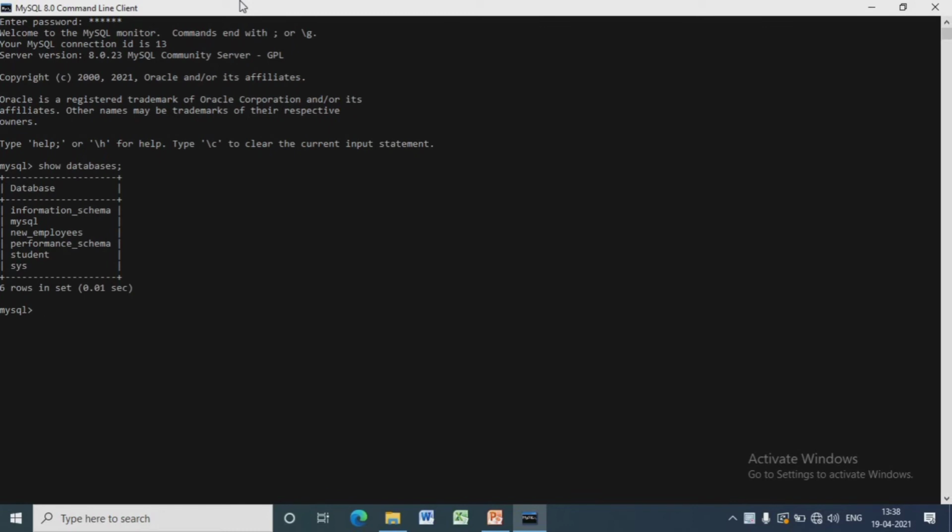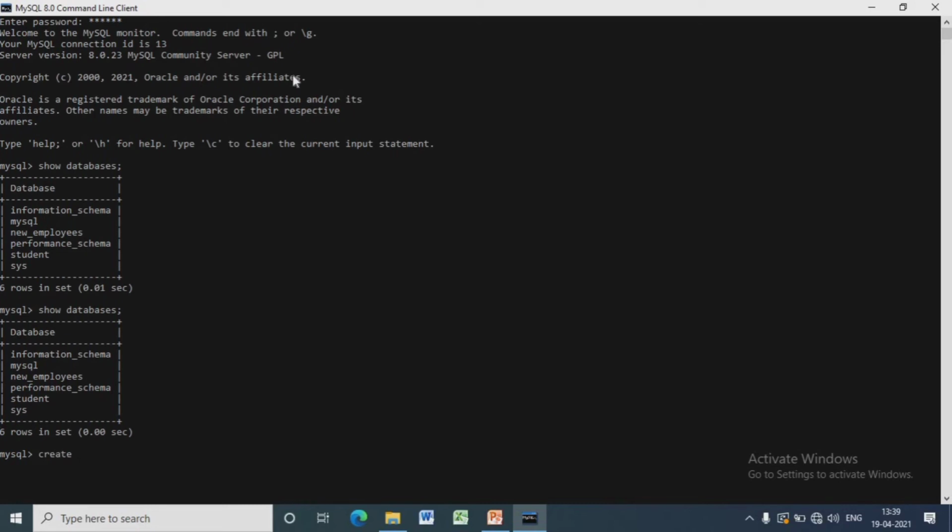We can create a database by writing create database and database name. Here we are creating school database. For that we have to write create database school. To open the database, we have to write use school.